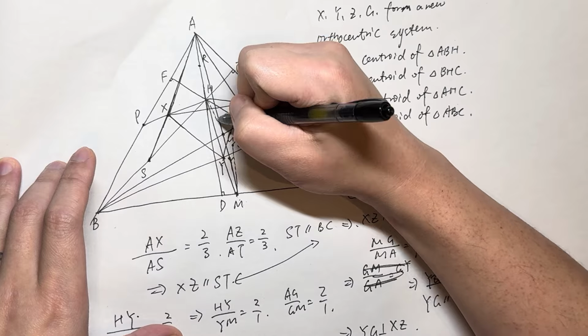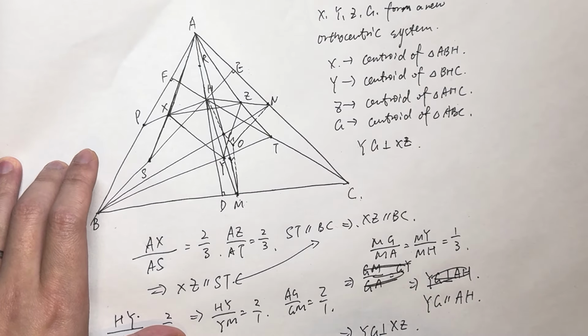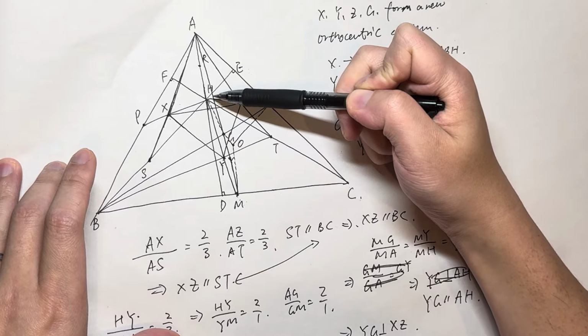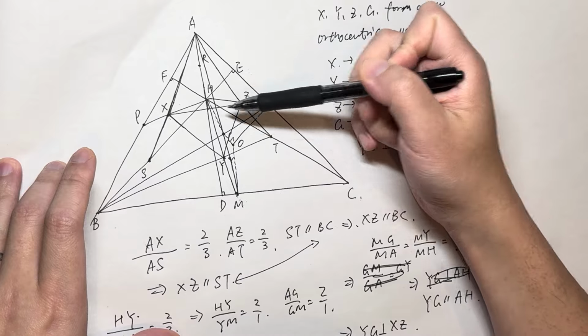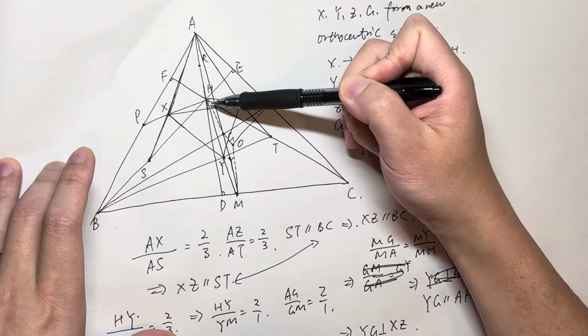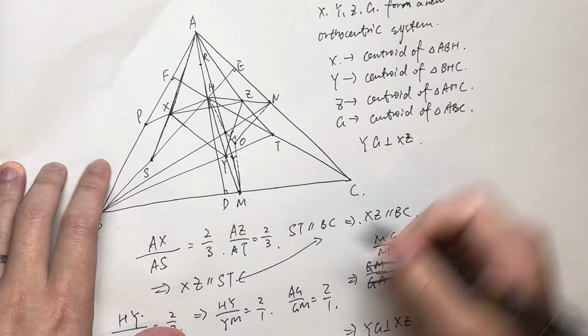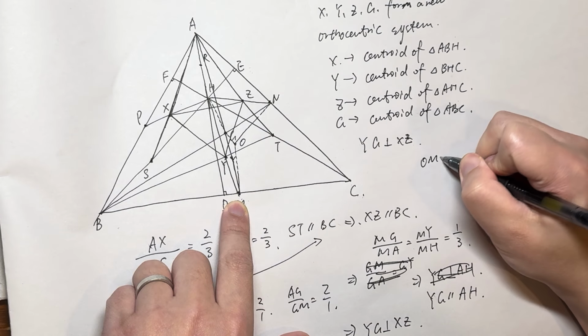We want to actually prove this. Okay, we want to prove that O, G, V, of course, V is on OH, right? We want to prove that O, G, H are collinear. So we know that OM equals to